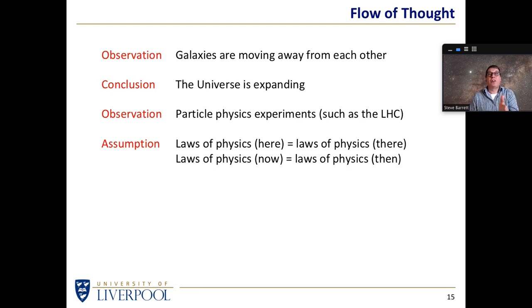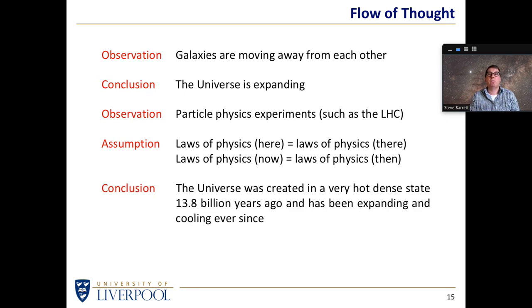If the laws of physics today were not the same as the laws of physics yesterday, again, we can't make any progress. If we let go of an apple and it gets pulled towards the Earth on Tuesdays, but it gets repelled from the Earth on Thursdays, if that was true and the laws of physics kept changing, we would not be able to make any sense of the world. So we have to assume that the laws of physics are immutable. They're the same for everybody, and they have always been the same and will always be the same. That's an assumption that we have to put in place to make any headway.